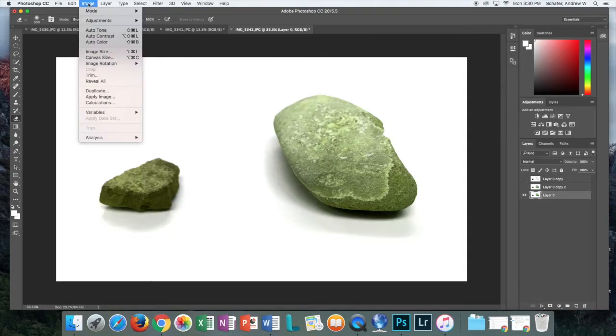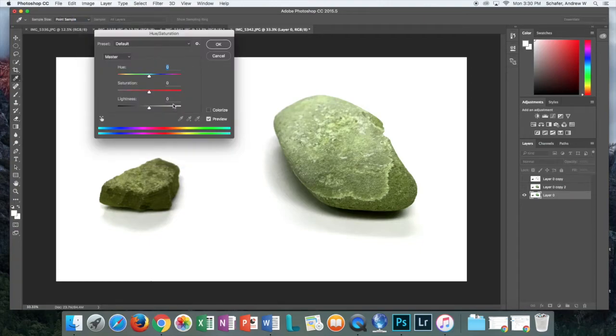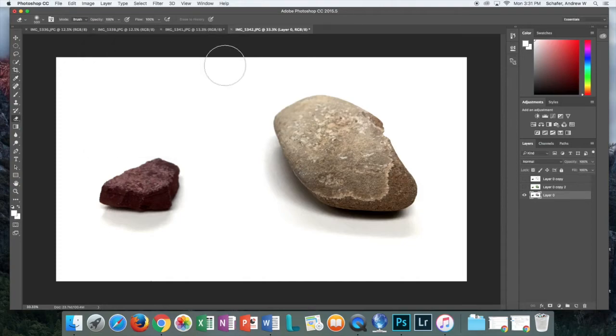So I'm going to go to Image, Adjustments, go back to Hue and Saturation. Since this is kind of like a green, I think I'm going to do the left side a red-ish color. Let's see. Once I get like kind of a, got to go a little slower. Ooh, I like that right there. And then I'll up the saturation just a little bit. Click OK. So now, you can't see that layer right now because it's underneath these first two, but I want